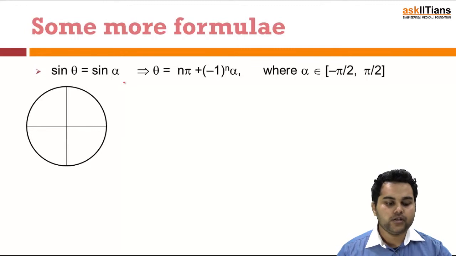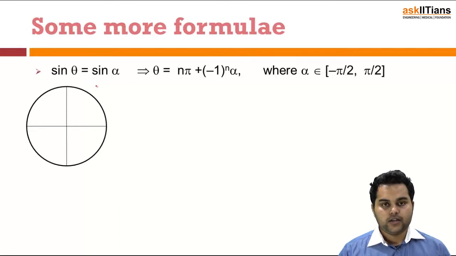So in that case, we will try to condense a formula for the solution set, or the general solution, for this equation, that is sin theta is equal to sin alpha. If I say, suppose this be alpha, now sin alpha is positive here, so alpha would be lying in the first or second quadrant, as sin is positive only in the first or second quadrant. So alpha is definitely lying in the first or second quadrant, as sin theta is equal to sin alpha, so it is a positive equivalence of two sines.